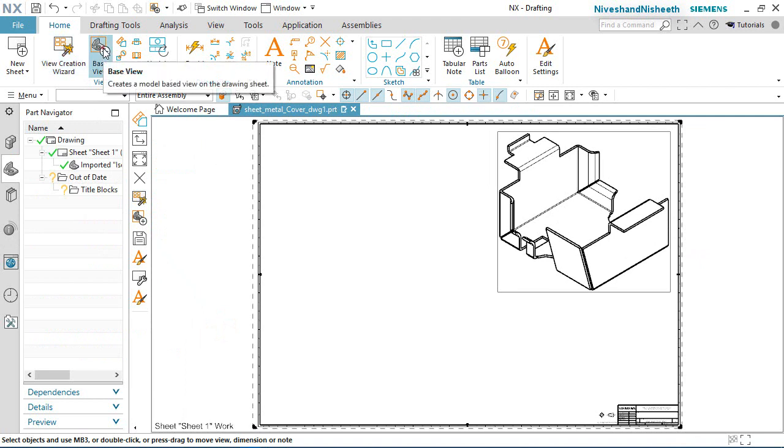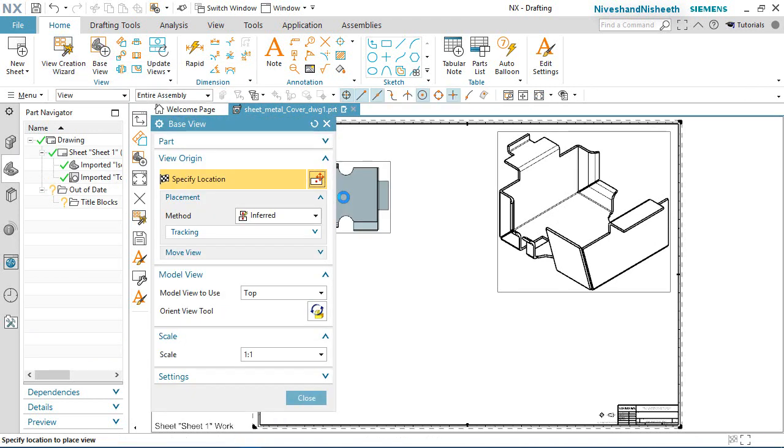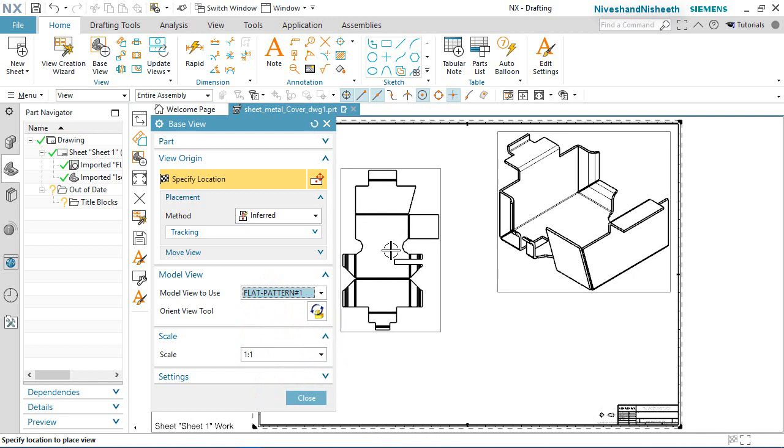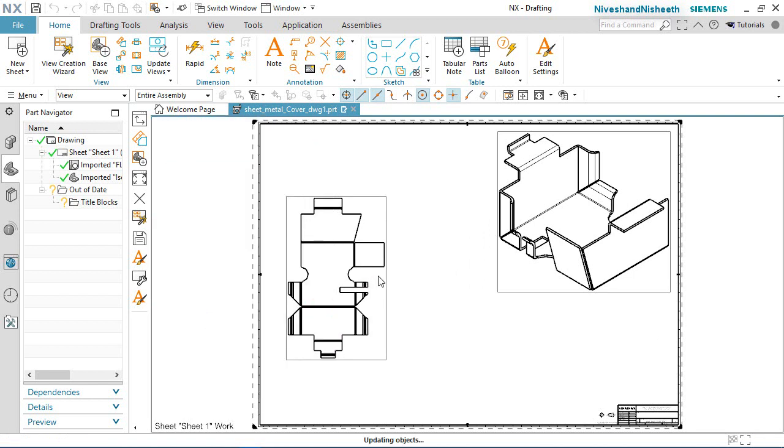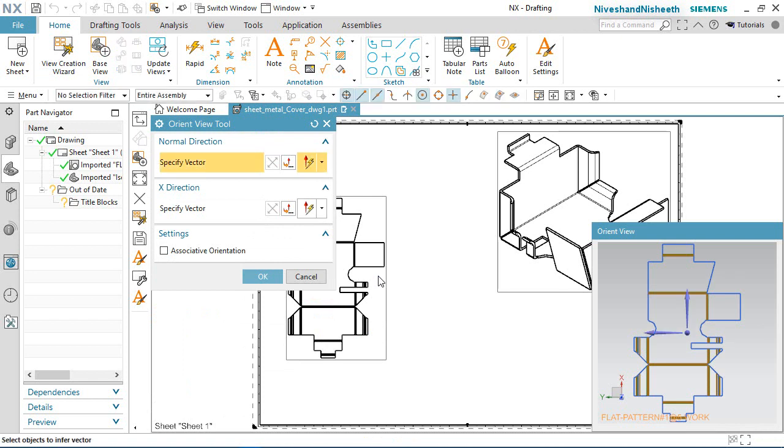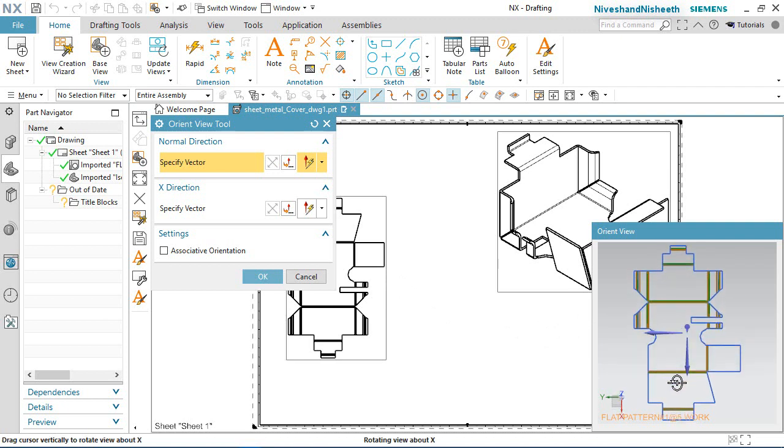Activate the base view command once again. In the base view dialog box, select the flat pattern view of this model. Now preview is visible here. In the orientation area, choose view orientation tool button and rotate the model like this.